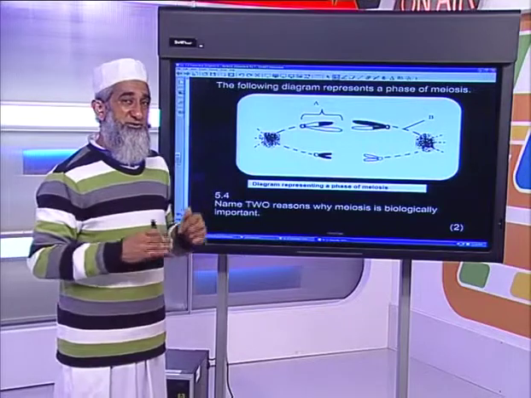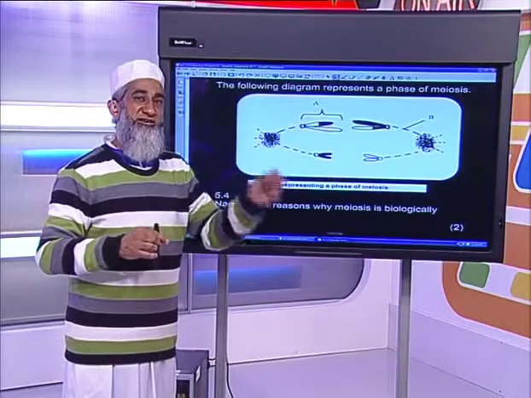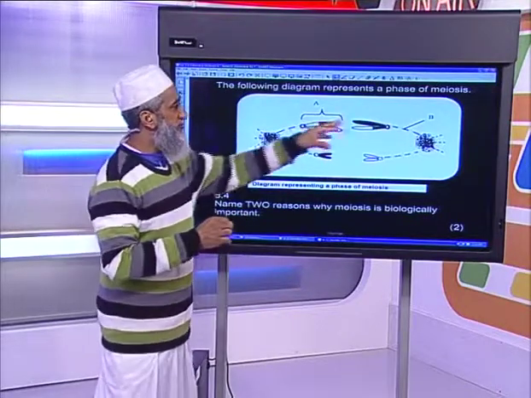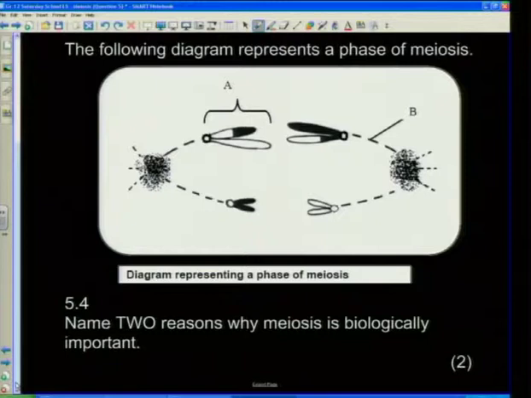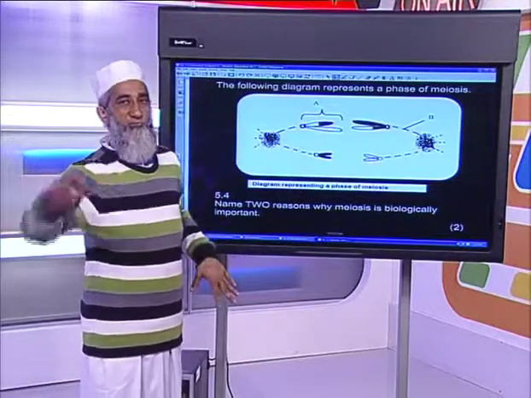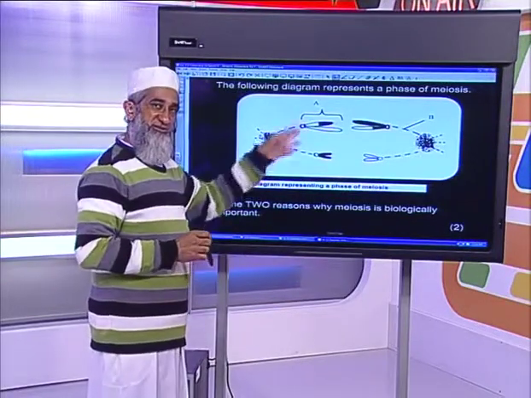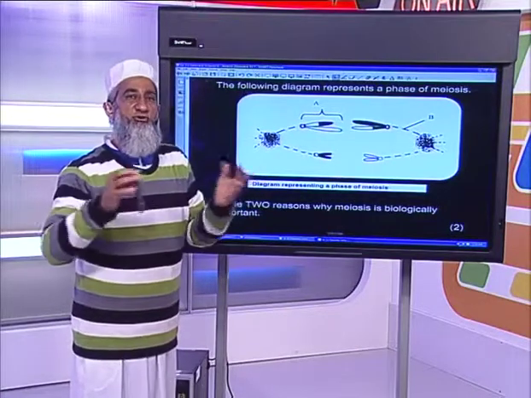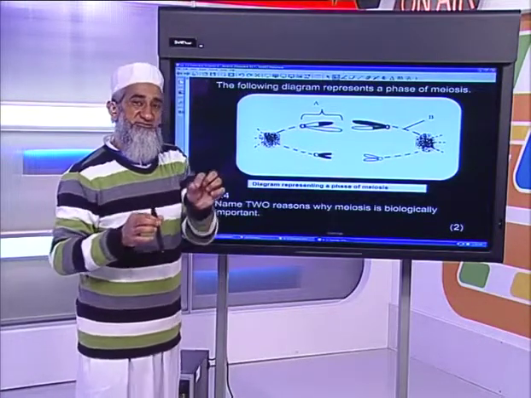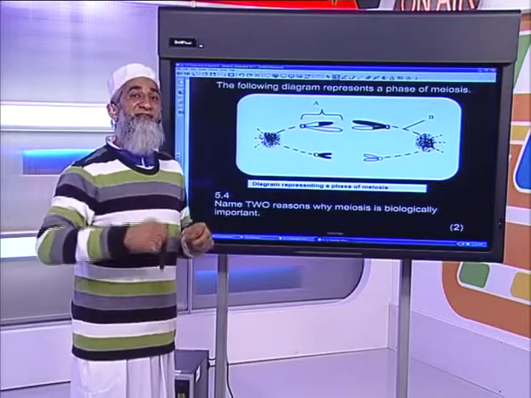One important process you learned in meiosis was crossing over. What is crossing over? It is the exchange of genetic material from one chromosome to the other. As you can see, this coloring here, if we went further back in this diagram, to prophase, we would have seen that maybe this particular chromosome was all white and one was all black, and because of the crossing over, they've changed their structure in some way. What is this crossing over? It's the exchange of genes. And what does this do? It brings about a variety.